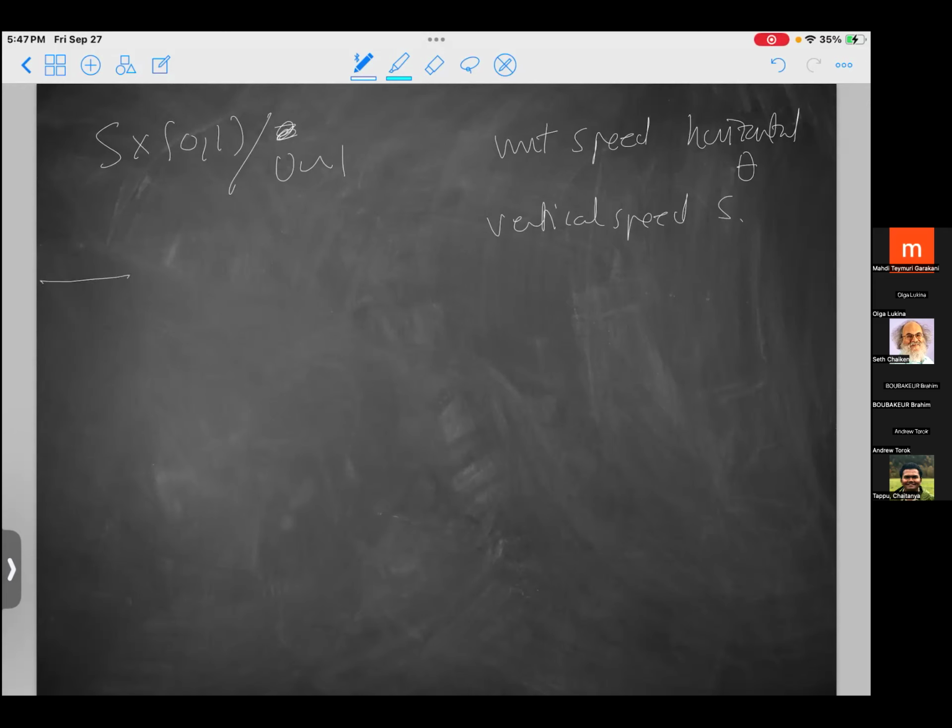another big idea in dynamics is the idea of what's called the first return map. And a first return map is exactly what it sounds like. You take some subset and you look at when the flow returns to it. And that gives you a map of the subset to itself.